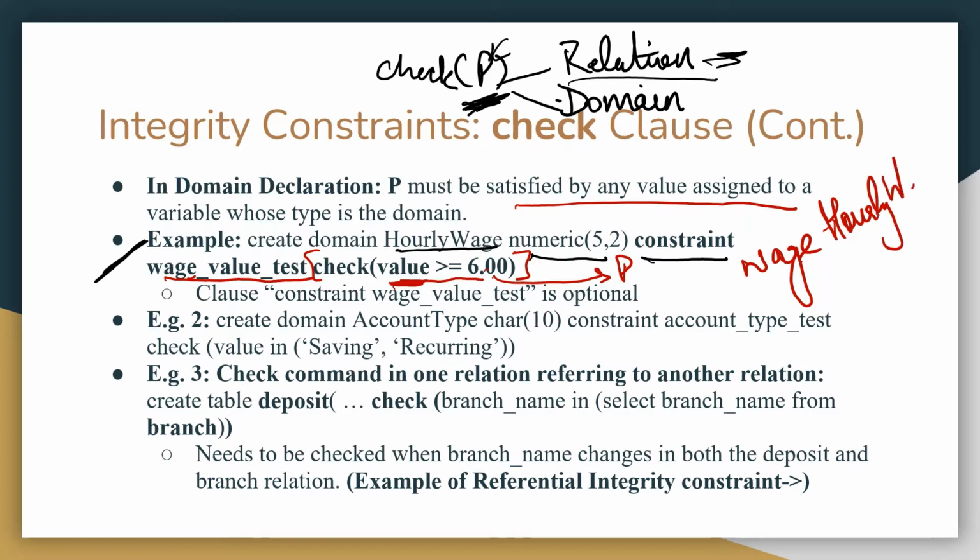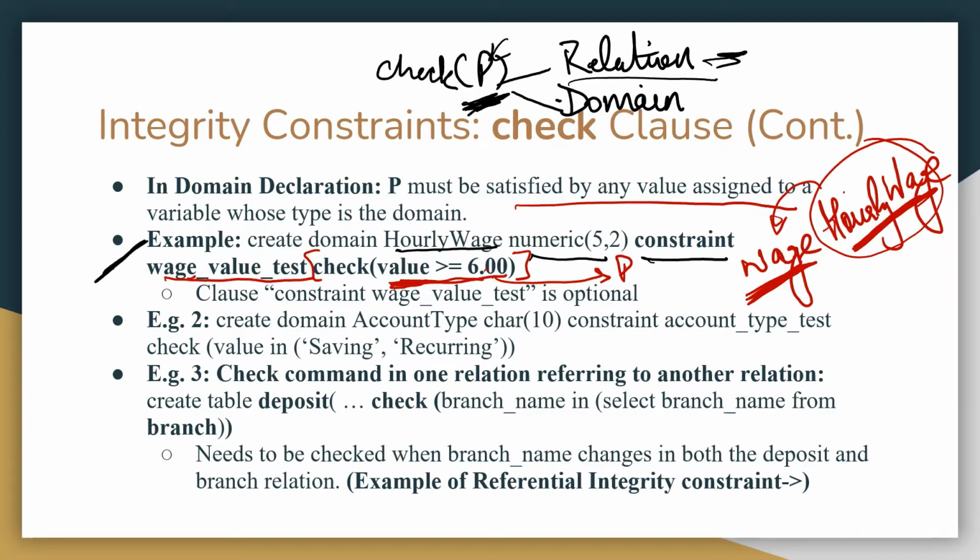That is, the values entered in wage can only be from this domain hourly wage. Then all the values of this attribute wage should satisfy the constraint specified here. Okay,